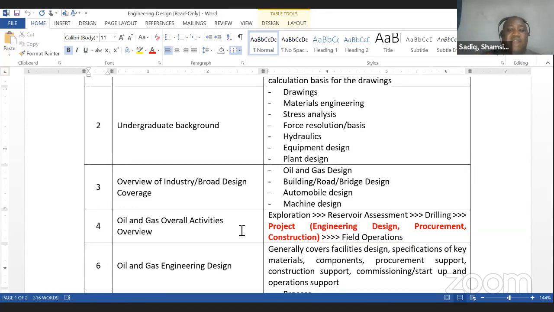Then you have reservoir engineering, where the reservoir engineer assesses the reservoir. After the geotech guys have established that there's an oil reservoir somewhere, the reservoir engineers will make an assessment of whether that quantity is viable for commercial